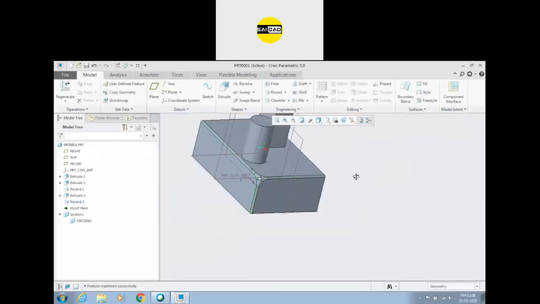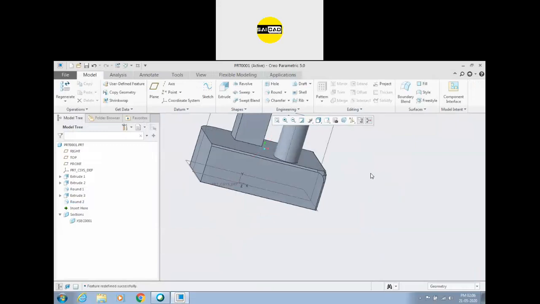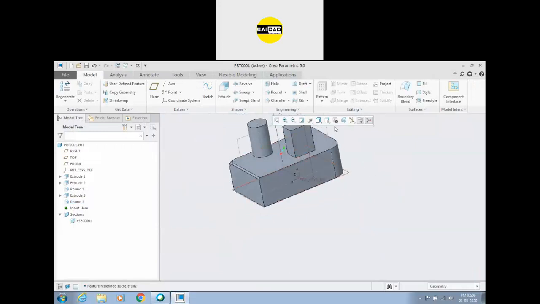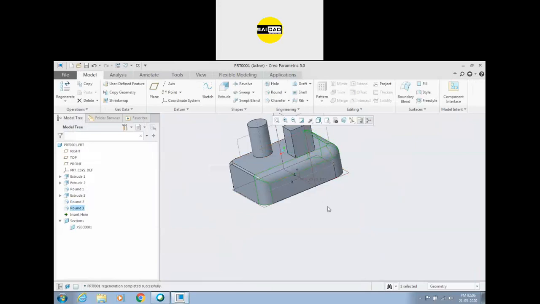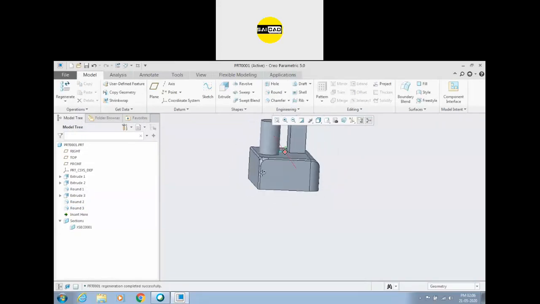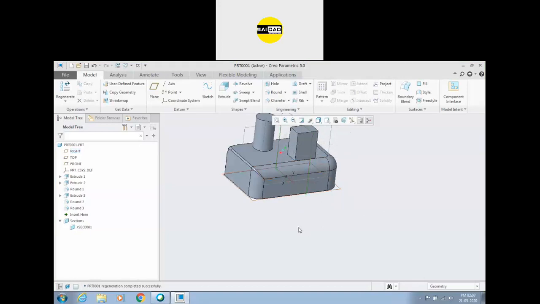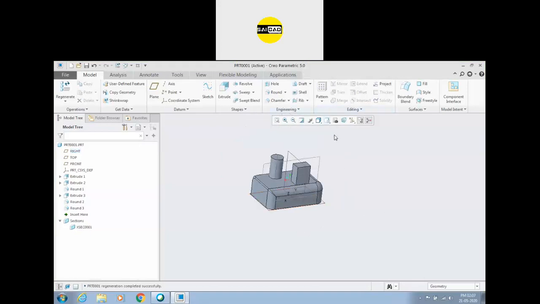Okay, so we can use many types to use the fillet, but the main thing we have to remember is go to the round, select the edge and apply the radius, and the fillet can be created like that. This is the main thing. The rest we can use, but the main thing will be this one. Okay, so moving to the next command, we have the chamfer command.